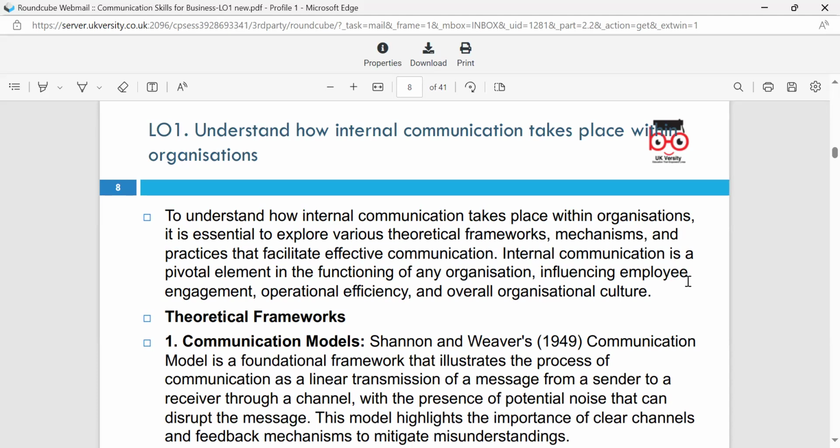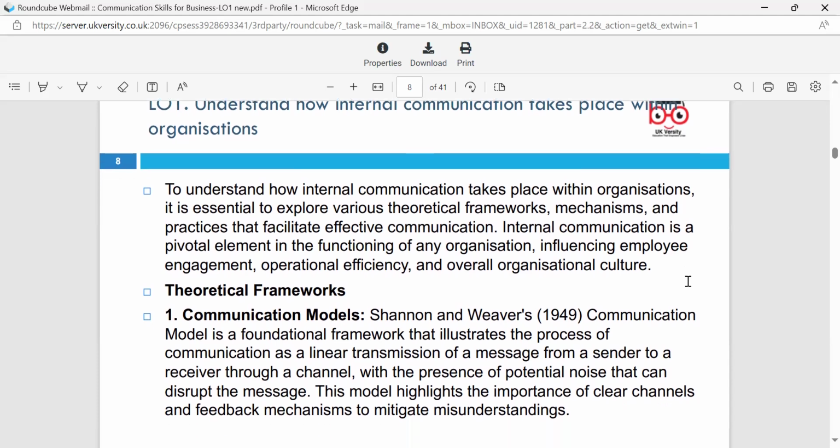So there are theoretical frameworks of communication models. These models are in place for different reasons, and there are different reasons why they have been adopted in regards to communication. We're going to look at the models in a little bit of detail. Okay, so the first one is the communication model by Shannon and Weaver